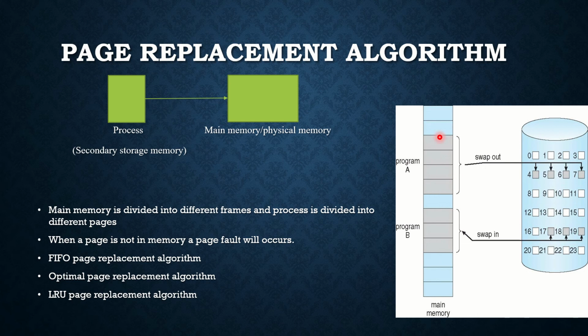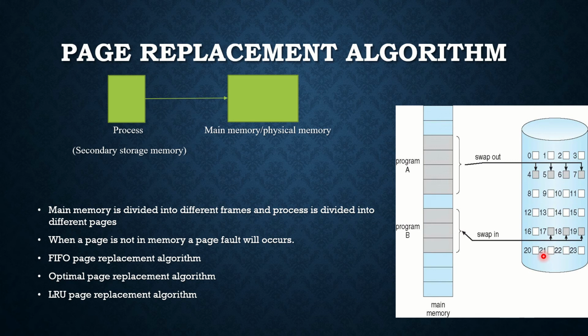Once it has completed, these frames will be swapped out, or copied back, to the secondary storage device, so that these frames of program A will be free. Next, if program B wants to execute, first it has to load its pages